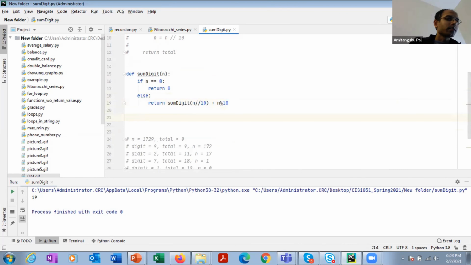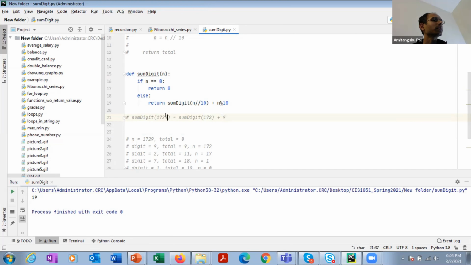So sum digit of 1729 is calling sum digit of 1729 integer division 10, which is 172, plus 1729 mod 10, which is 9. So it is going to return sum digit of 172 plus 9. As you can see, it is dividing the number into two portions, 172 and 9.